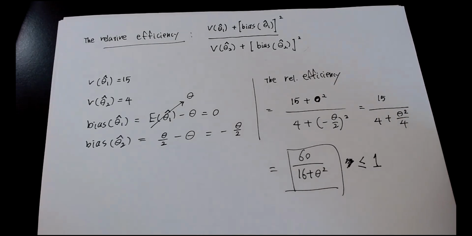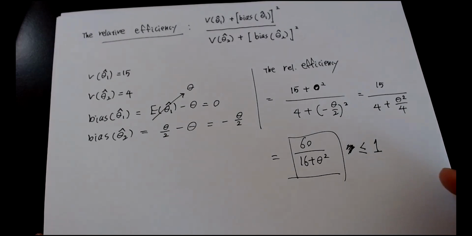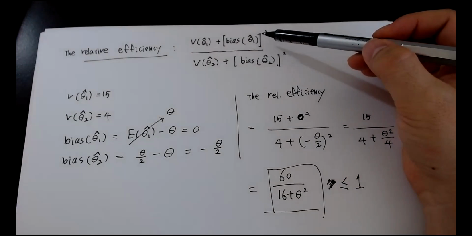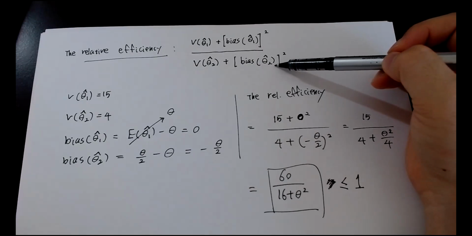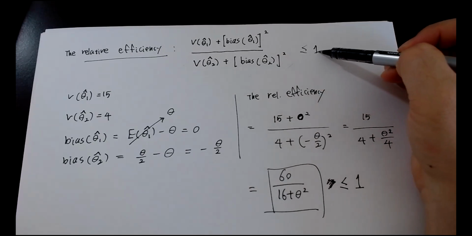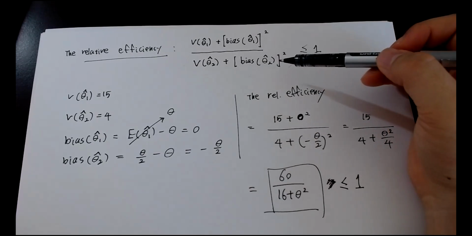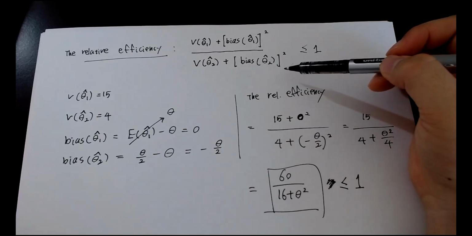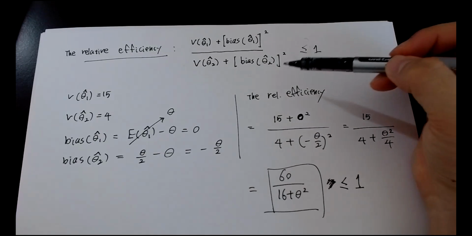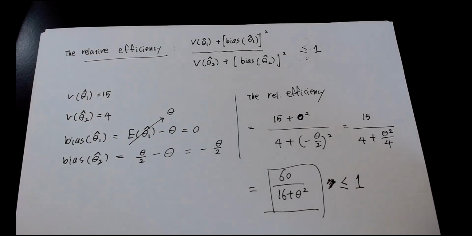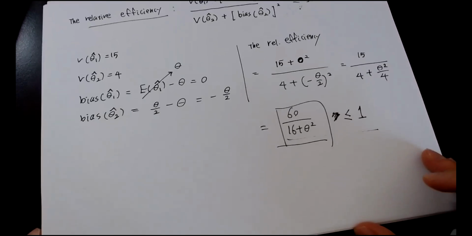It means that we find the interval where theta 1 hat is more efficient than theta 2 hat, and then we find the complement of that interval. Either one is just fine. But the key to keep in mind is if the numerator is less than the denominator, it means this fraction is less than or equal to 1. That means theta 1 hat is more efficient than theta 2 hat. And the reverse of that inequality means theta 2 hat is more efficient than theta 1 hat. But let me solve that inequality. Okay, then